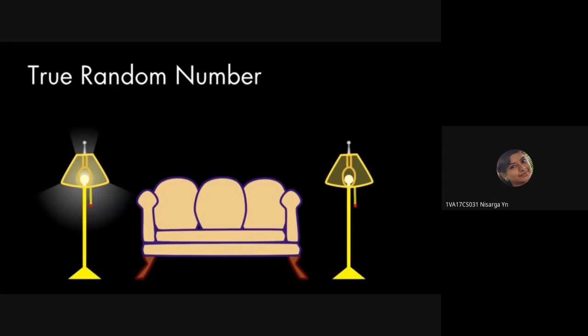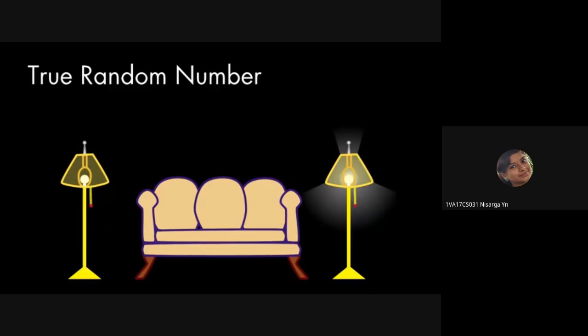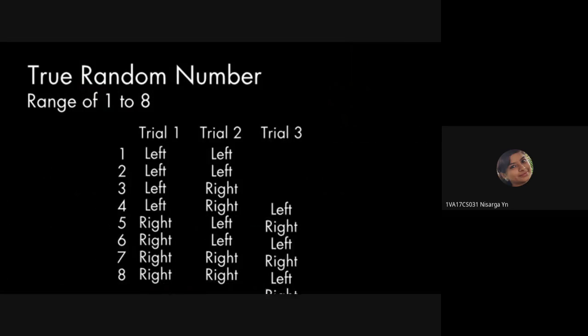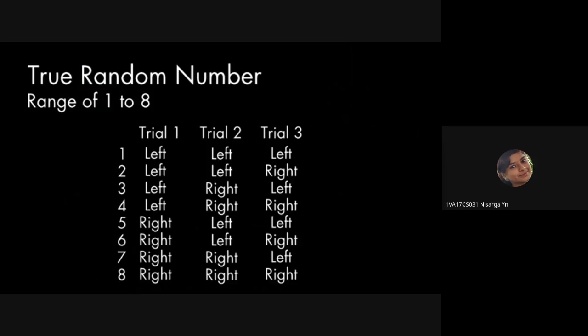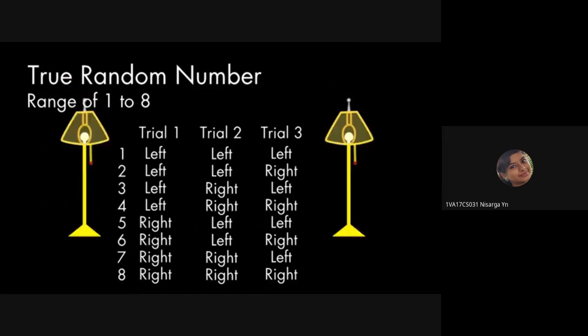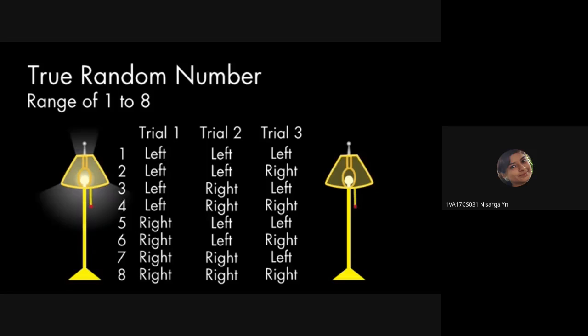This is an electrical version of flipping a coin. We turn on both lamps and see whether the left lamp or the right lamp stays lit in the end. If we wanted a random number in a particular range, we could run multiple trials. If, for example, we wanted a random number between 1 and 8, we could run 3 trials and consult the chart shown. The random number circuit in some processors works like these two lamps, and the output it produces is